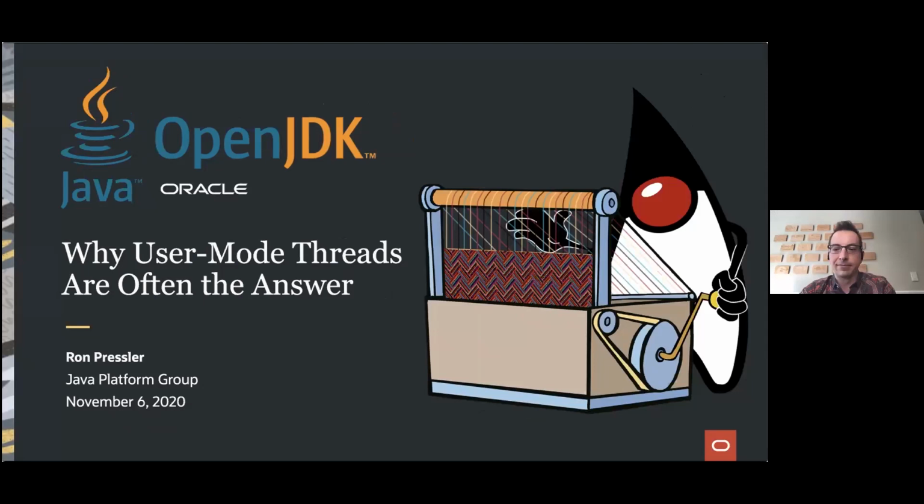Right, so I'm Ron Pressler, I'm based in London, and I work at Oracle in the Java platform group. That is the group that develops OpenJDK, the main implementation of the Java platform. And that's where I lead a project called Project Loom, whose mandate is to make it easier to develop scalable